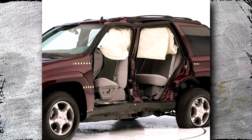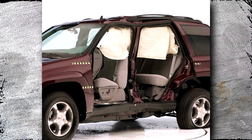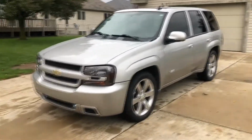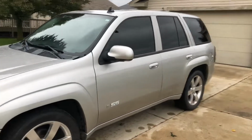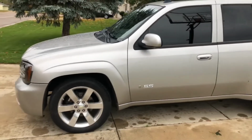The 2007 Trailblazer is reasonably safe, earning 4 out of 5 stars in government crash tests. Performance from the standard V6 is good, and the largest V8 offers great power. Reliability ratings are below average. There are some improvements for 2008 and 2009 model years, but today we will talk about the issues of the 2007